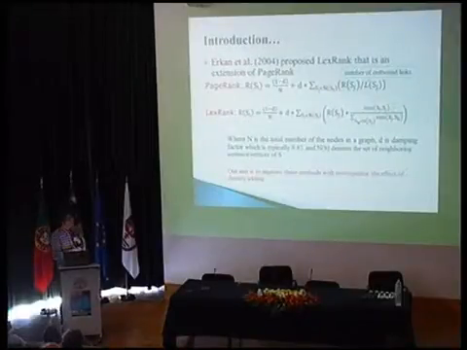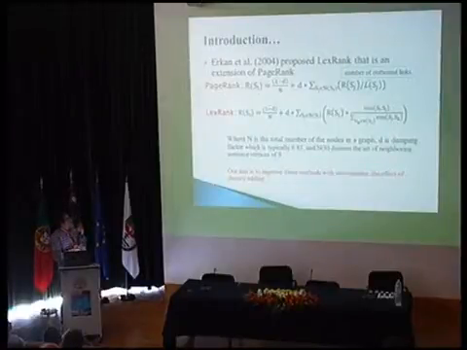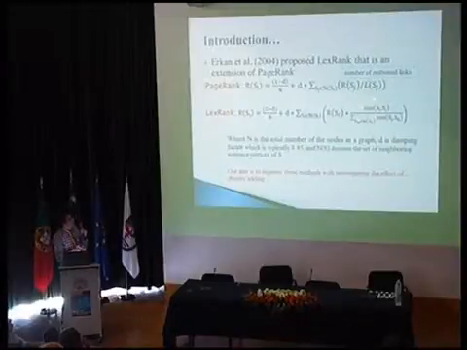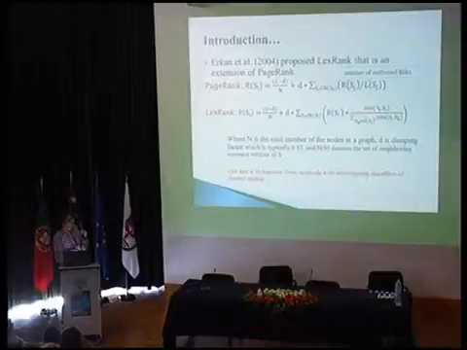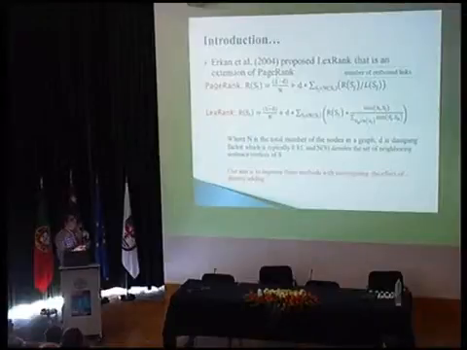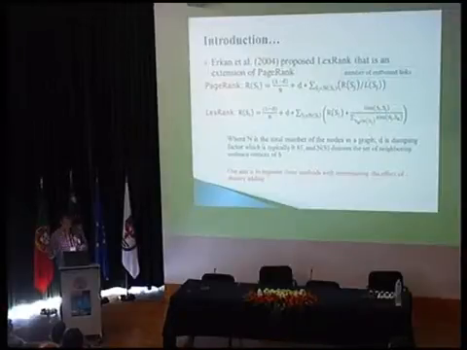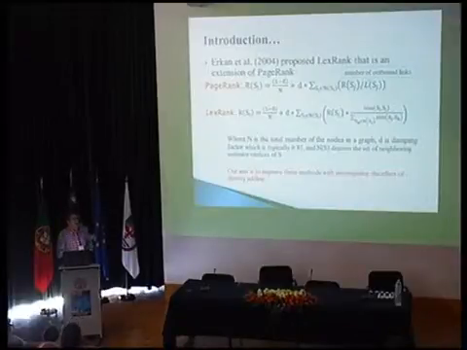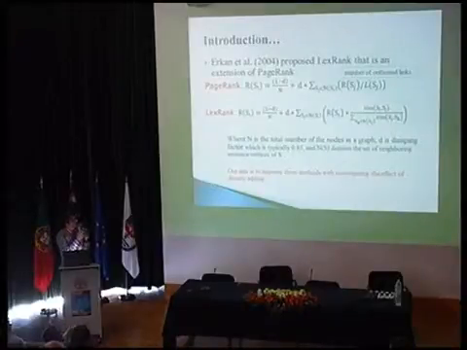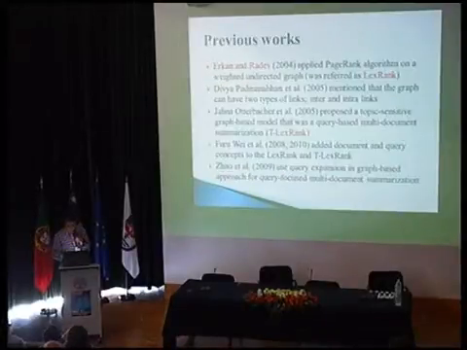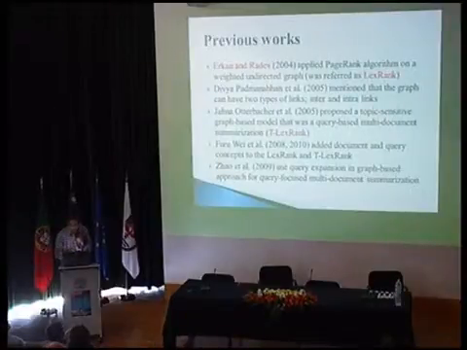As you can see in the LexRank equation, you just try to give a score to the sentences, but just by similarity between the sentences. You cannot see S_i or S_j related to which document. You have one collection. This collection has some documents, and each document has some sentences, and this S_i is related to one of them. So this equation cannot show which document S_i is related to. And Foroozan tried to solve this problem.